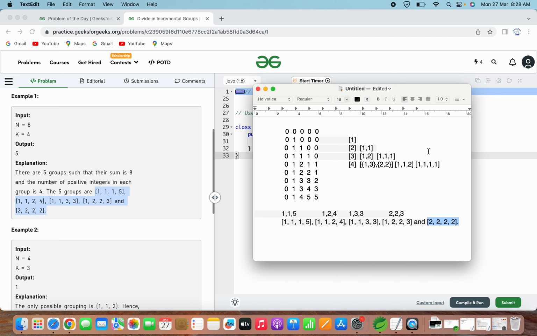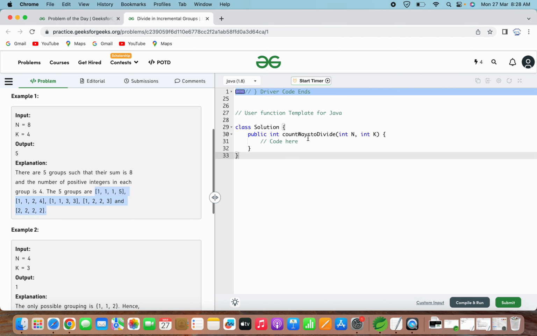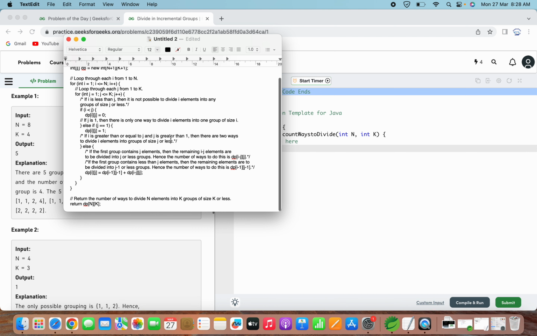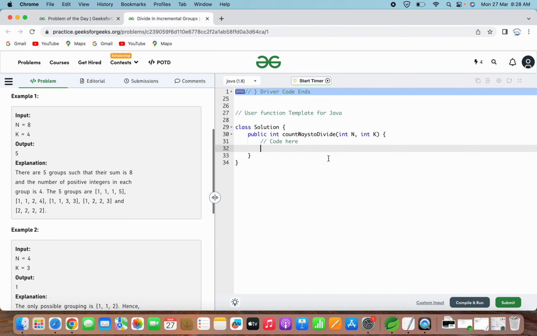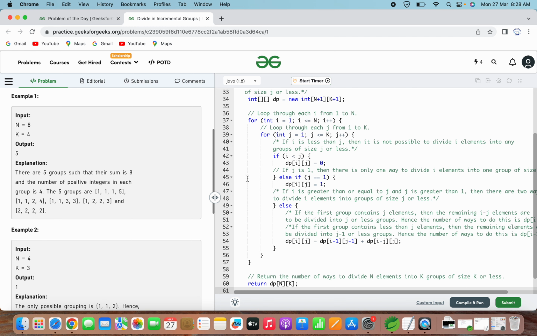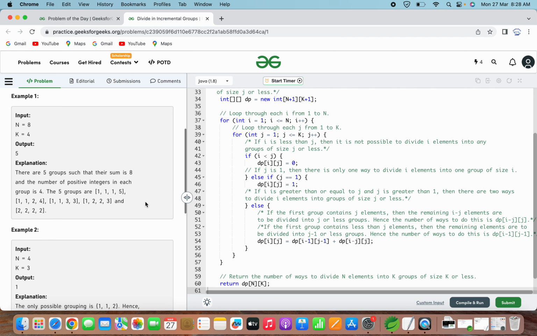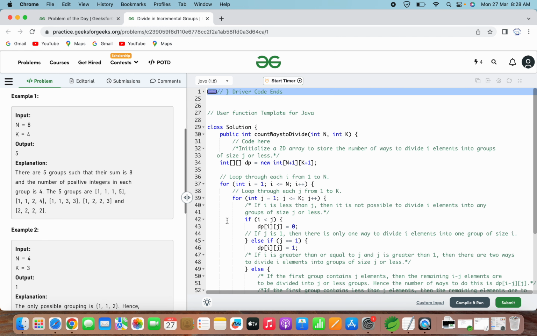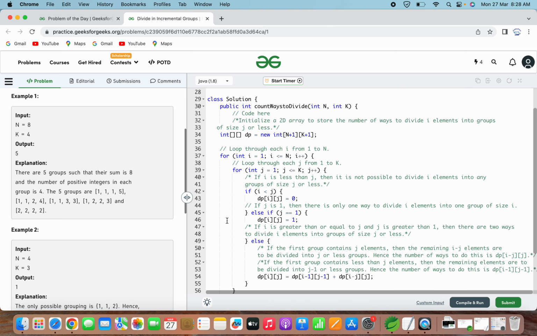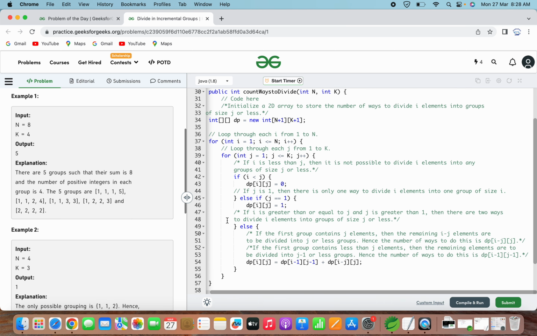Okay, so let's solve this problem by using code, the same thing. Instead of typing, I prepared the solution. I'll explain it line by line here. Like in previous solutions, I've tried giving comments in each line so that it becomes self-explanatory.